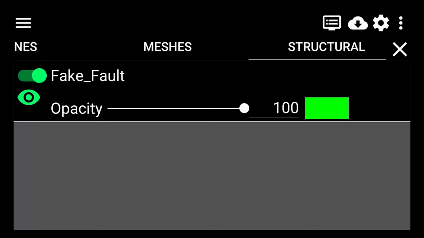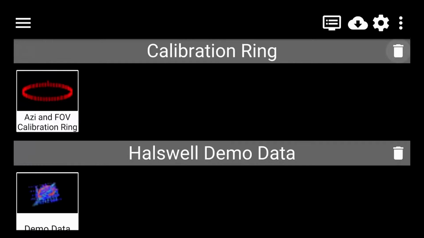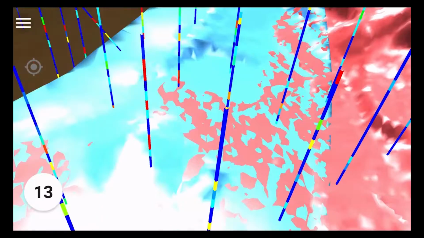If you make adjustments to the display properties and you hit the X to close this panel, give it a second to think about things, because it has to reload the scene in the background, so it might just take a moment before it actually closes. And once it does, it'll take us back to the main menu, and we just tap on that menu button once again, and it'll take us back to our scene. So you can see that the drill holes have adjusted in diameter, so they're much smaller now.